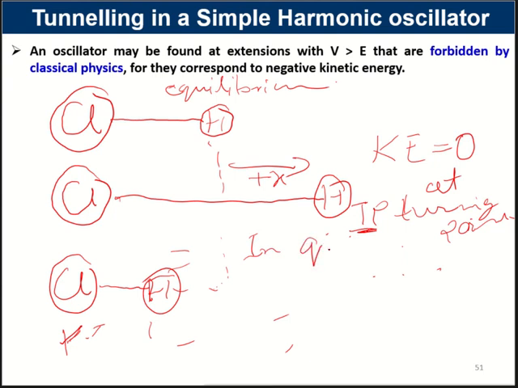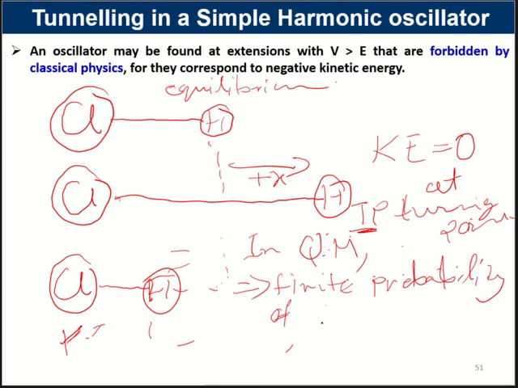in quantum mechanics you have finite probability of H found beyond the turning point. So this is tunneling, and here the kinetic energy